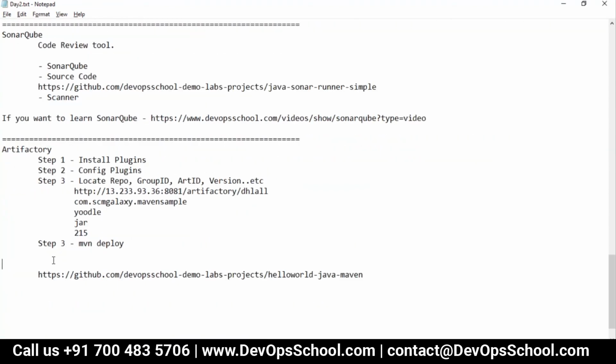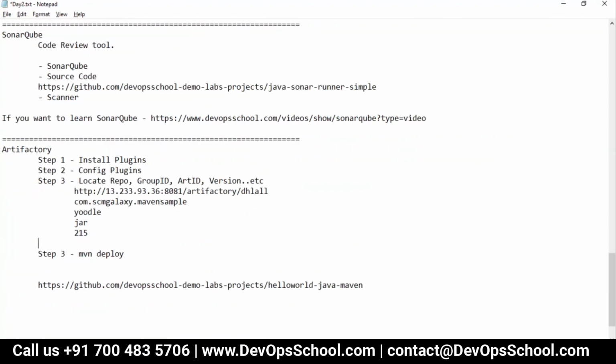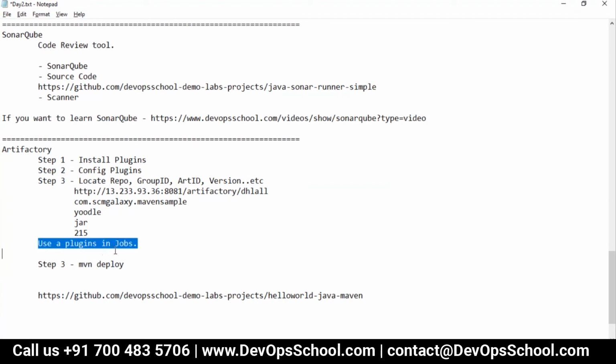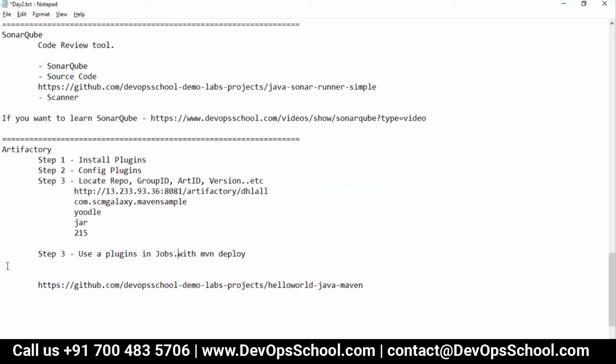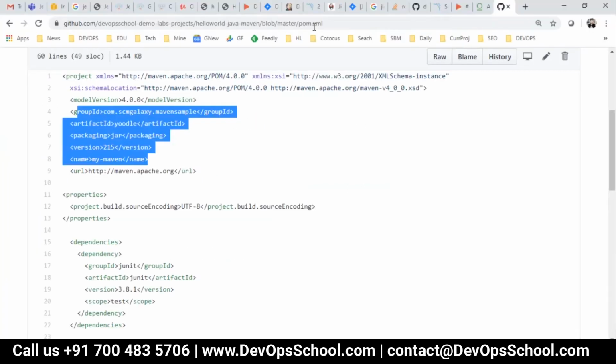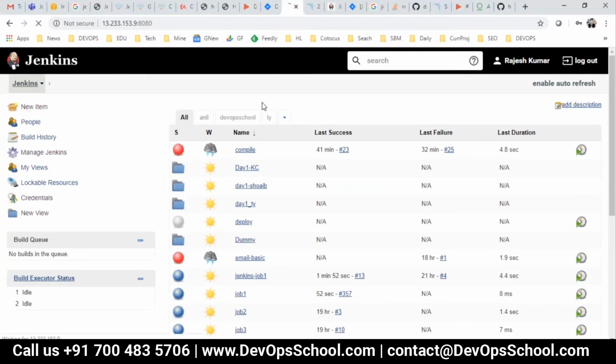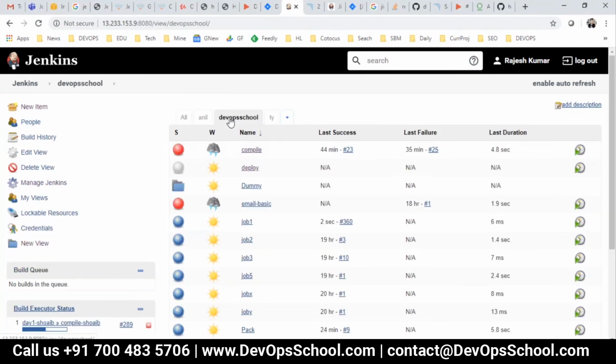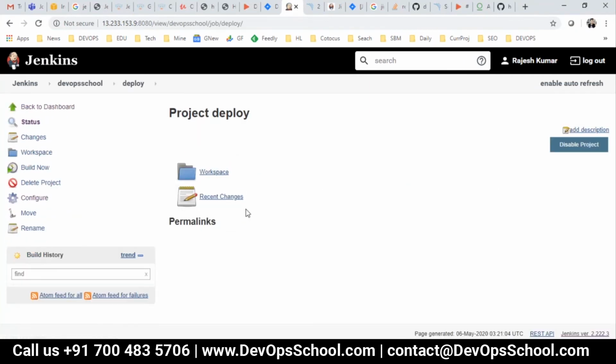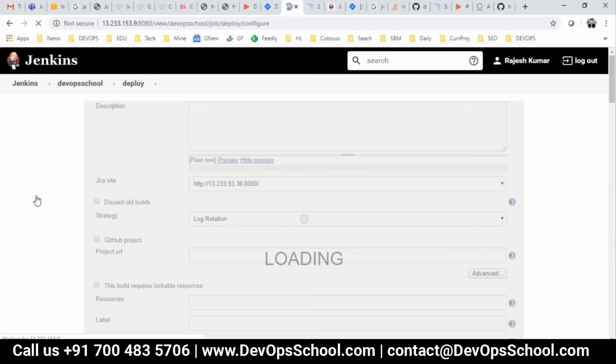So now with Maven deploy. If you're not getting something and if you're getting confused, please stop me. But the process is very simple. Go here, which job, deploy job. Configure it,